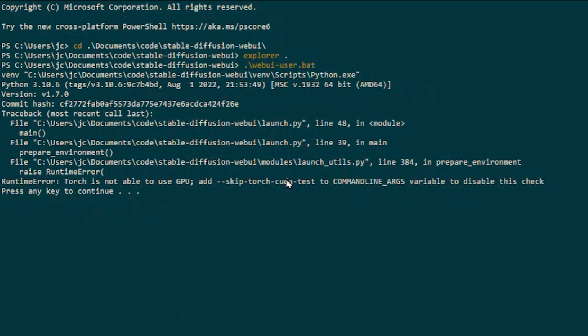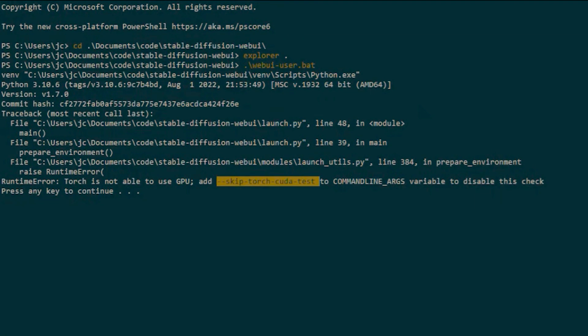Maybe first, just to explain, if we were to do this, Stable Diffusion would only use your CPU, which is a central processing unit. Think of it as the brain of the computer. It's typically Intel or AMD. That's what you have. If you don't know what you have, you can pull up